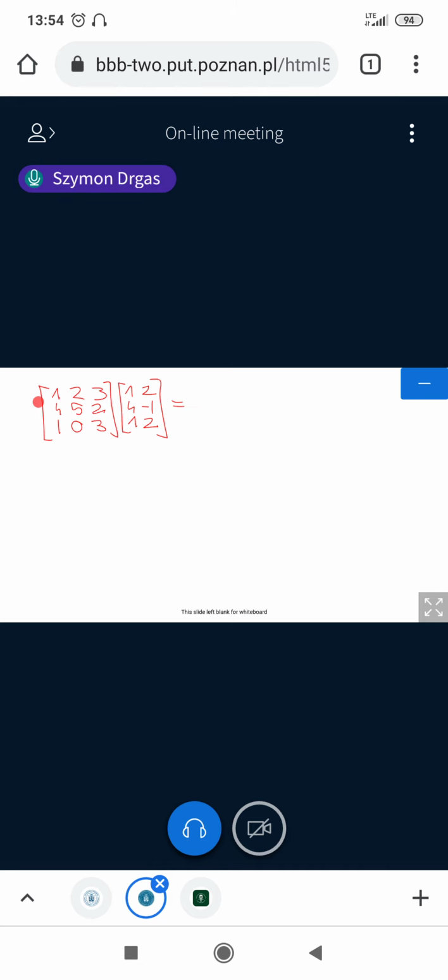So now we can say, as in the previous example, that each entry of the resulting matrix is a dot product of